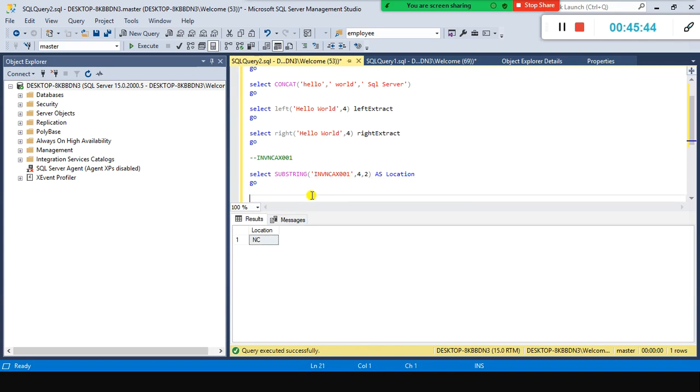And the next one is replace. Replace is very much helpful, because with replace you can do some kind of cleaning.